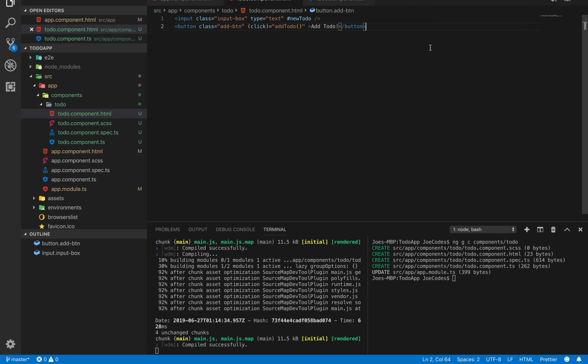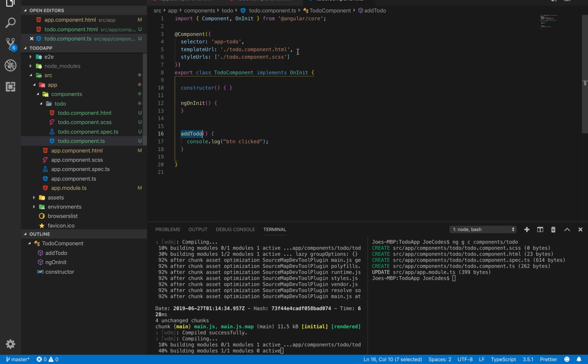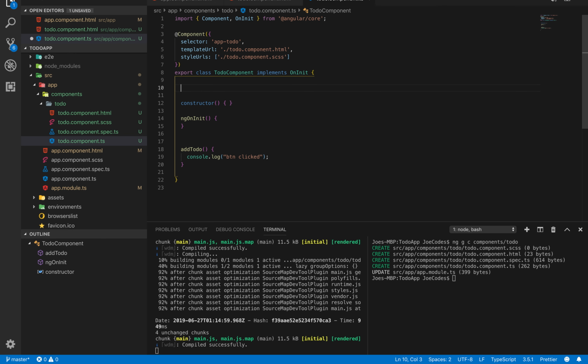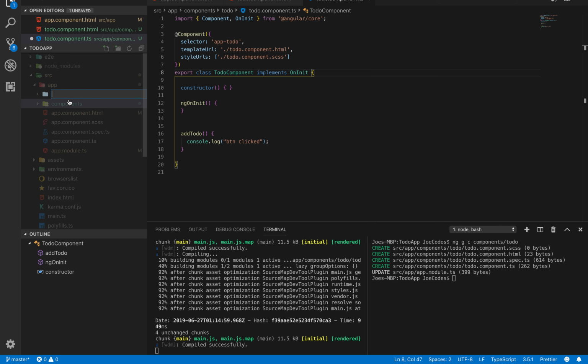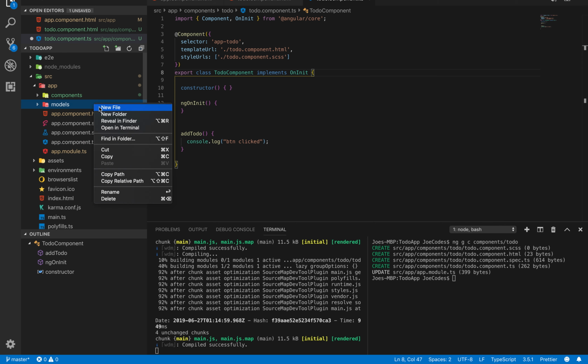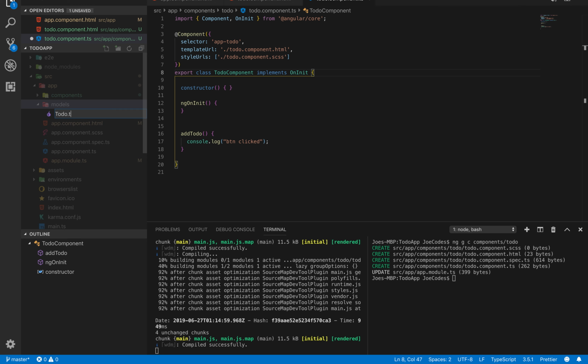So now we want to specify what a to-do is. And the best way to do that is to make a new file, and we're going to make it a model of to-do, or an interface, I should say. So back in our terminal down here, we're going to say ng g. Actually, we're not going to do that. Sorry. Just in our app here, we're going to make a new folder and call it models, and then do a new file and call it